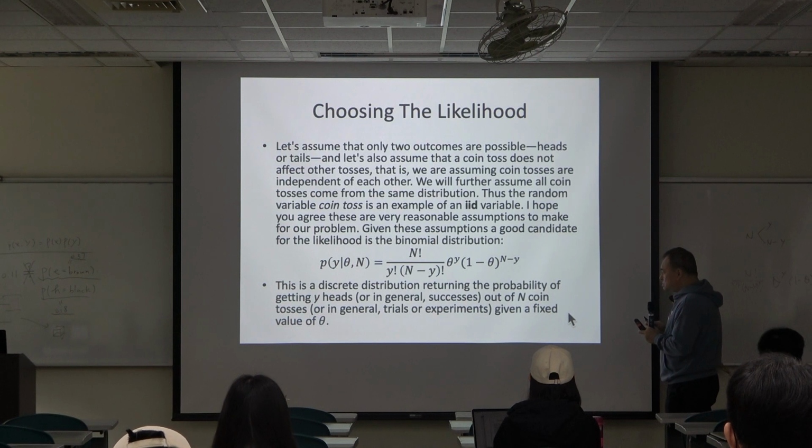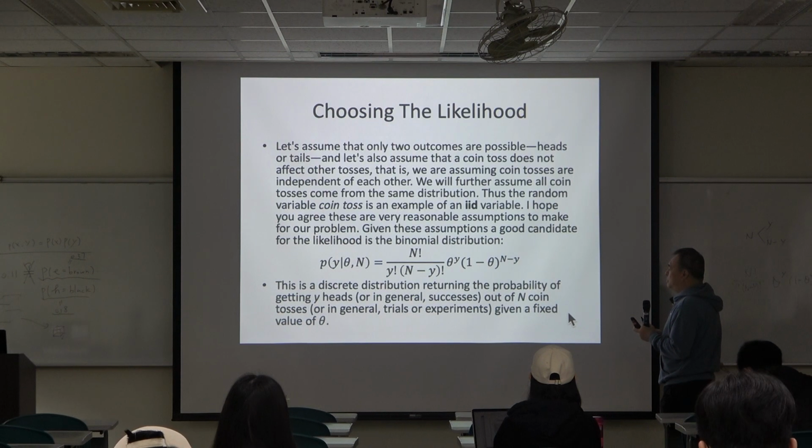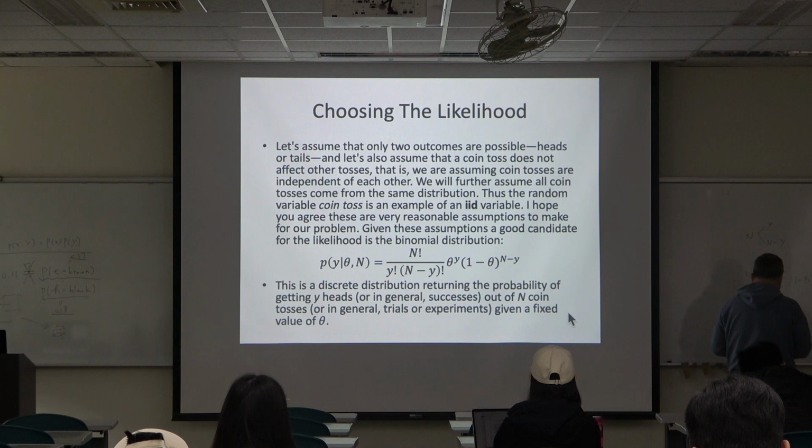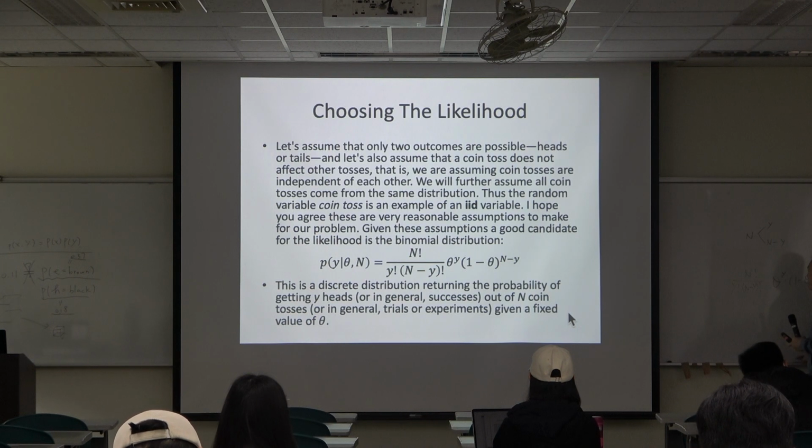So this probability is called a binomial distribution, actually. The binomial distribution is a discrete distribution. Depending on the value of y, depending on